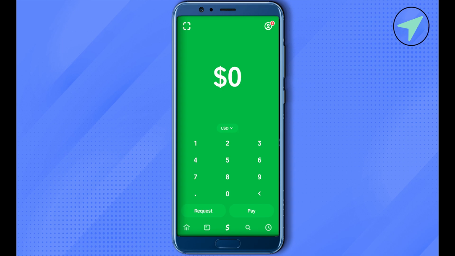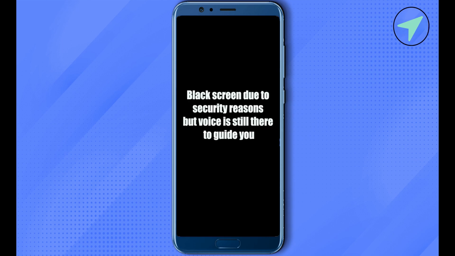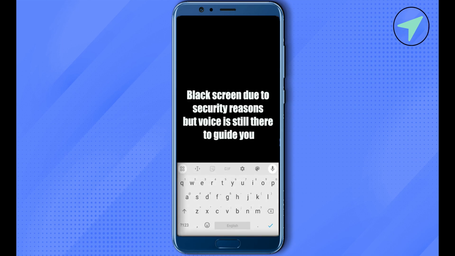type the amount that you want to send. Suppose I want to send $50 worth of Bitcoin. I will just type 50 over here, then click on the option of pay. After that, select the option of Bitcoin in the send as section. Just simply select Bitcoin. Now enter the cash tag of that particular wallet where you want to send the Bitcoin,